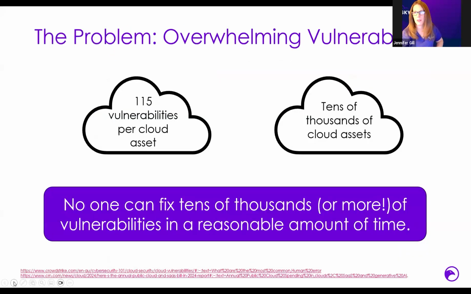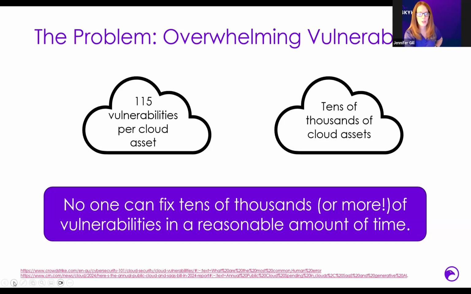So this is a problem that we've seen with our customers: there's an overwhelming number of vulnerabilities within their vulnerability management tool or their CNAPP or their CSPM. They have posture findings. And I found a couple data points. So there can be up to 115 vulnerabilities per cloud asset. And if you have tens of thousands of cloud assets, that's an unbelievable amount of vulnerabilities that you need to